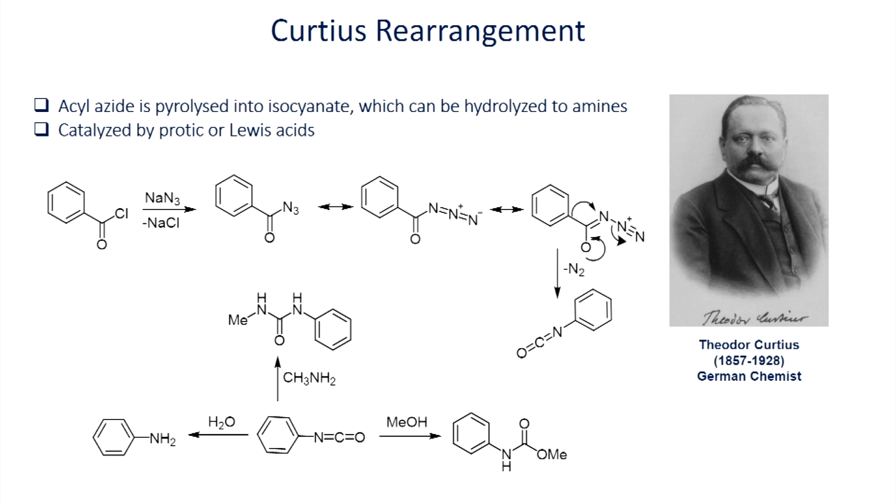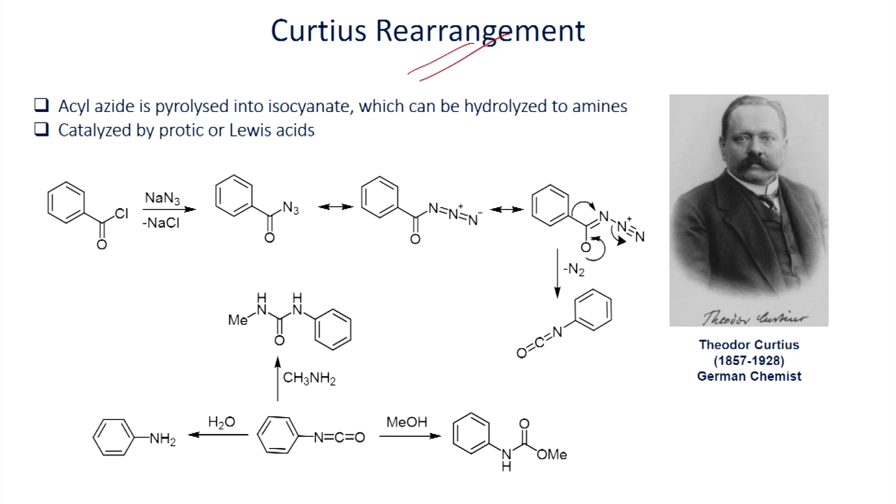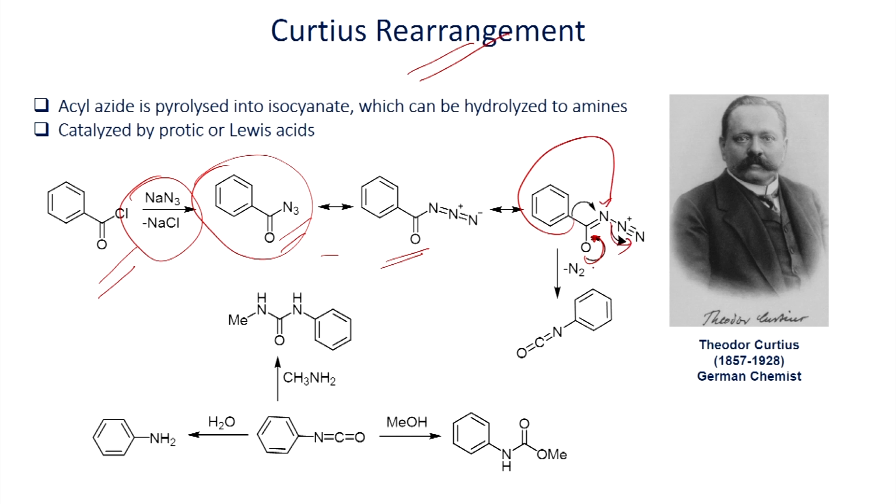So far we have seen the Hofmann rearrangement, and we have seen a variety of examples and reagents that have been used for the transformation of amide to amine through isocyanate. Now, let us look at the Curtius rearrangement. If you have the acid chloride, you can react it with sodium azide and you will be able to form the acyl azide. Once you form the acyl azide, it can be written like this, a resonance form of this. Once you form this one, as we have seen, it can undergo migration as you can see here, and lose a nitrogen molecule, and you will be able to form this isocyanate.